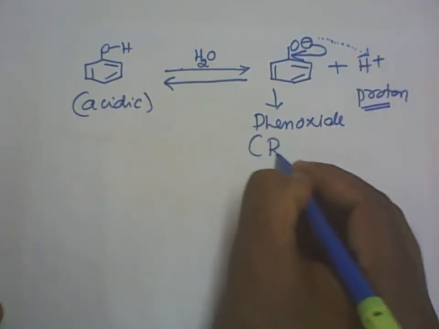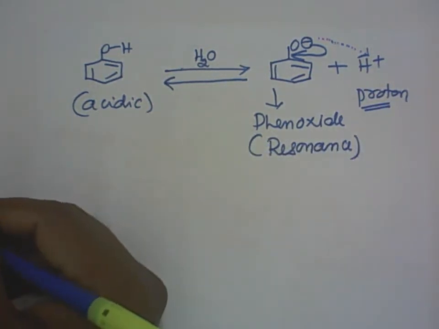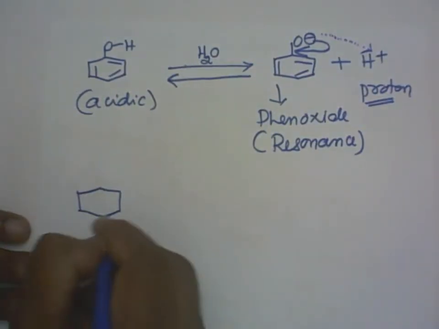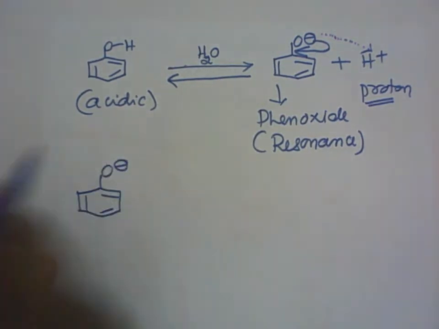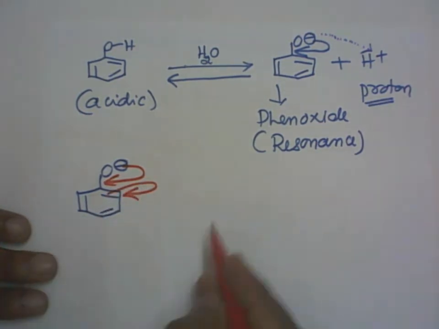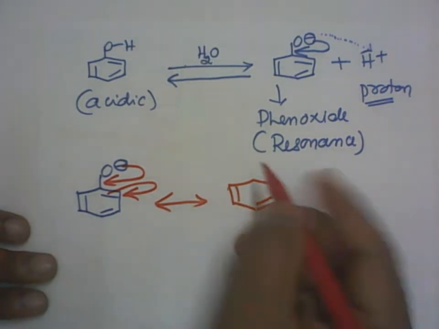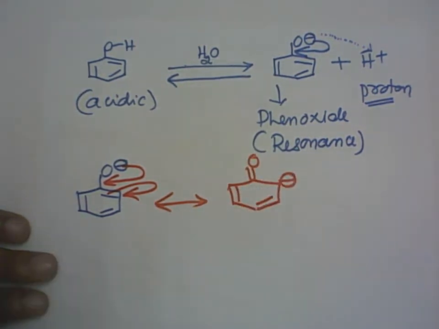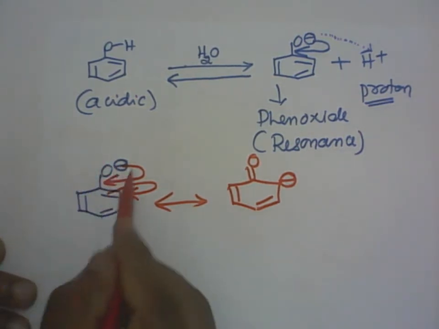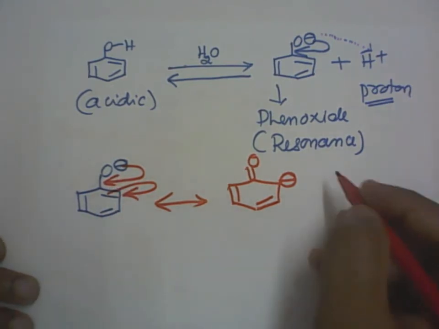So even phenoxide also undergoes resonance here. Okay. So I'll write that resonance again. Similar resonance. So what will I get now? I have the phenoxide ion, O minus. It undergoes resonance in a similar way as the phenol molecule. So we'll get different structures for these. Okay, double bond to O and negative charge. A plus charge is not there on phenoxide. Only the negative charge is delocalized. Remember, it is delocalized, not localized.